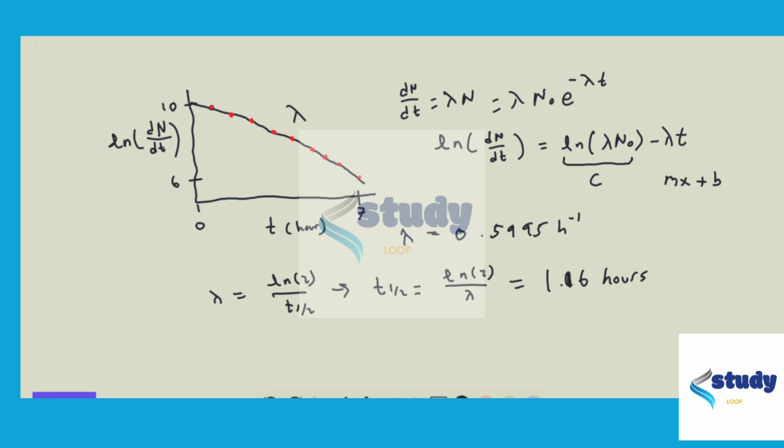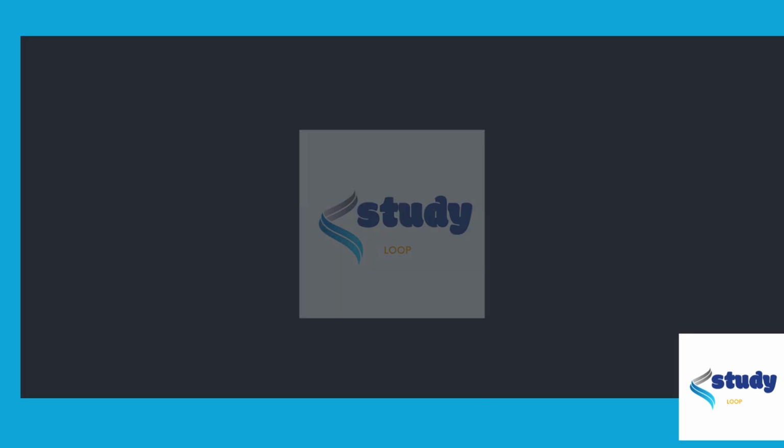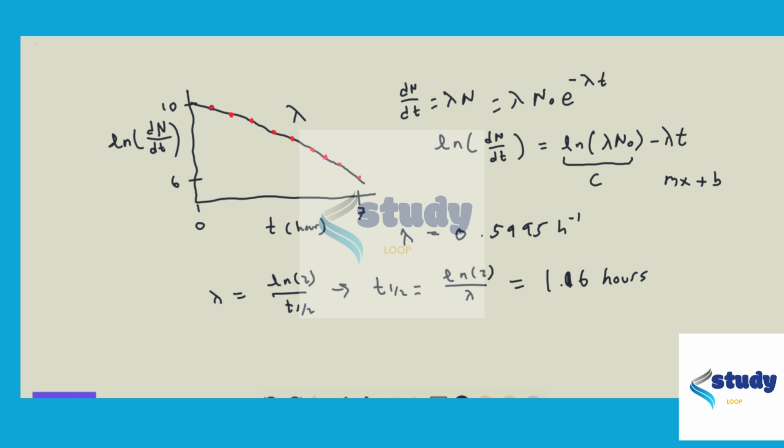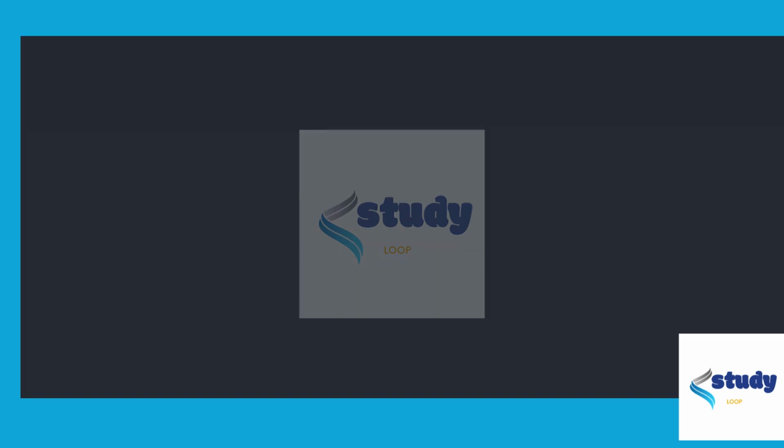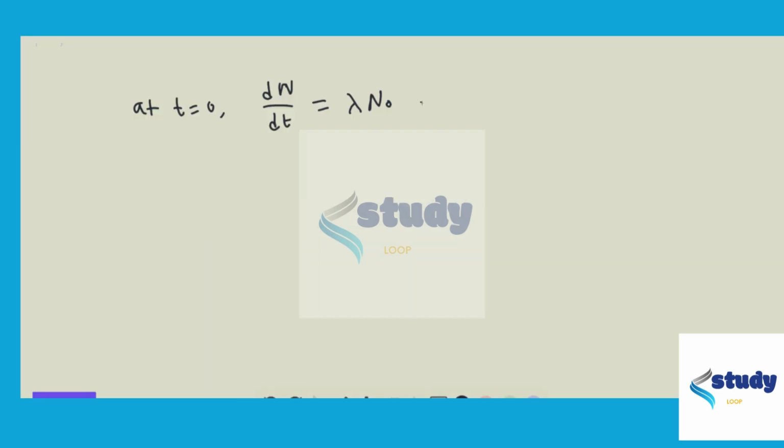So the next thing we want to find is how many radioactive nuclei were present in the sample at time t equals 0. So at time t equals 0, let's get a new page going. At t equals 0, the activity, dN/dt, is simply equal to lambda times N naught, the initial amount of sample that we have at time t equals 0. So now, if we solve for N naught,